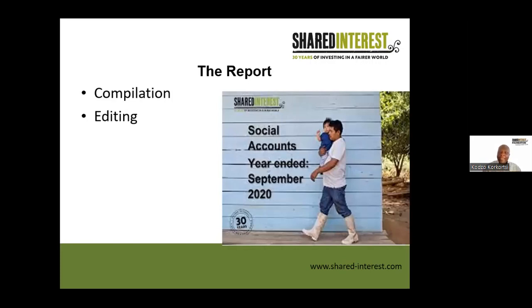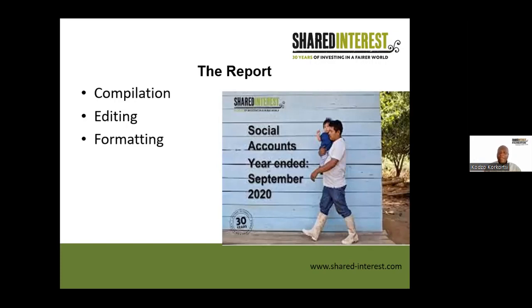After the editing has been done, we move to the next stage, which is the formatting. The formatting looks at the general presentation of the document. So it is there that we look at the positioning of the text. We look at the photos that we have put in the report, whether they are in the right place. We look at the quotes. We look at our graphs. We look at the infographics and the places that they've been posted, to make sure that the general look of the document is really nice, acceptable, and makes an easy read for anybody who takes it.